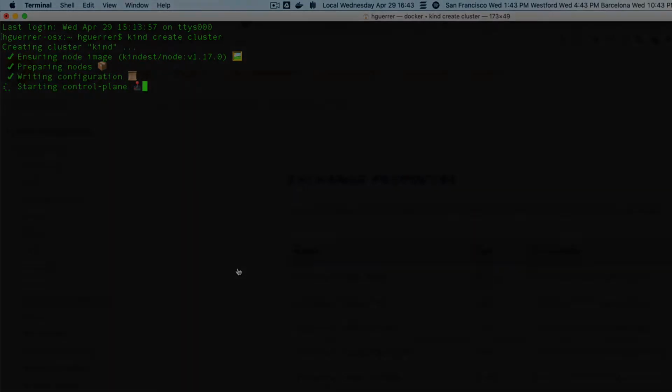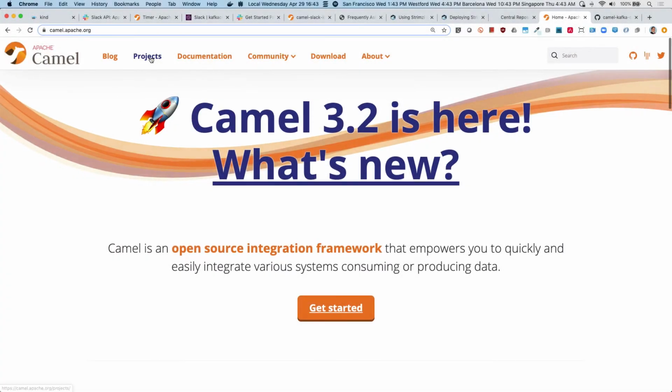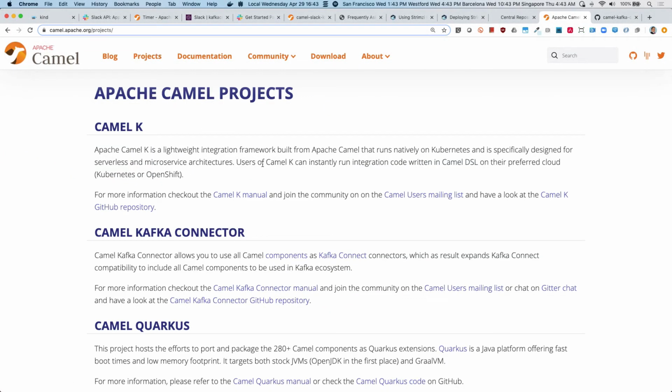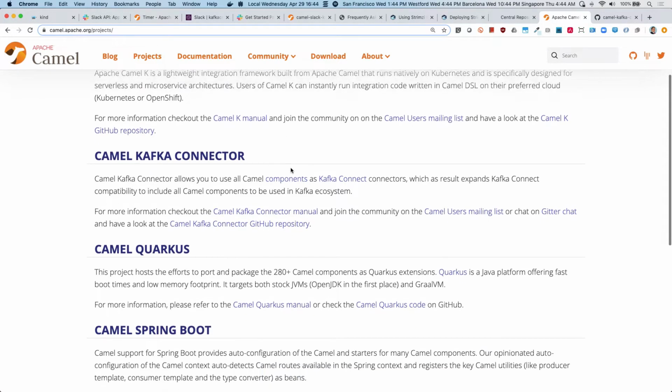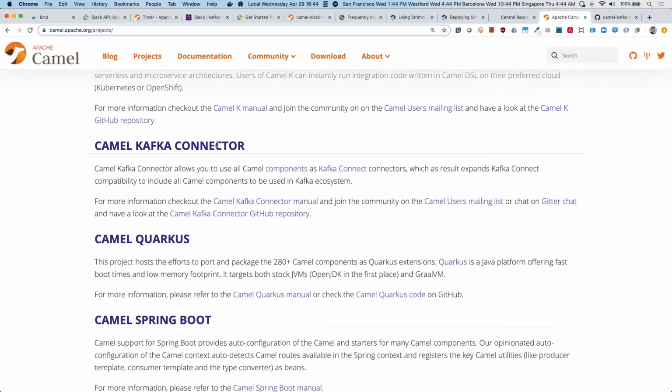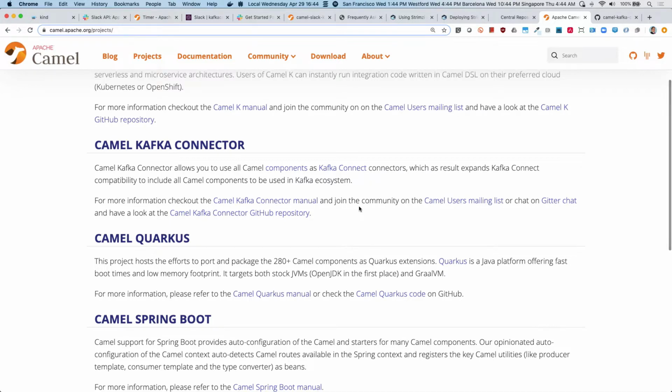So Apache Camel, as we mentioned, has different components. If we go to the Apache Camel page, we can go to the projects tab, and then under the projects we can see the Camel Kafka Connector. So you can go and check the GitHub repo with the different components. They just released the first version. So currently it's pretty new. They're just on version